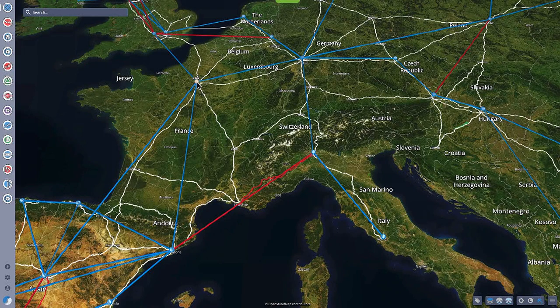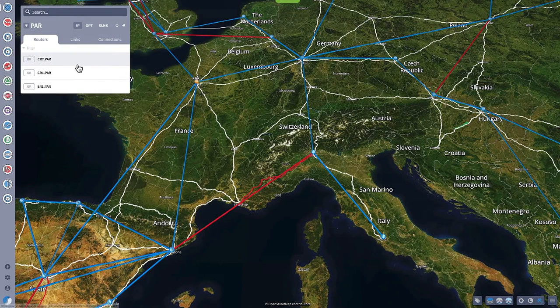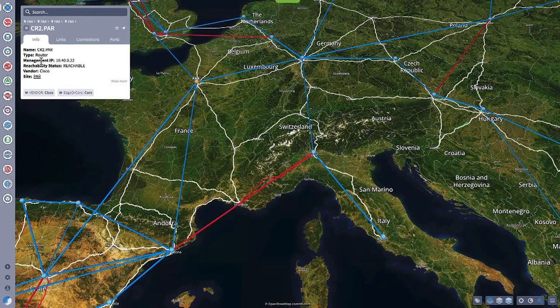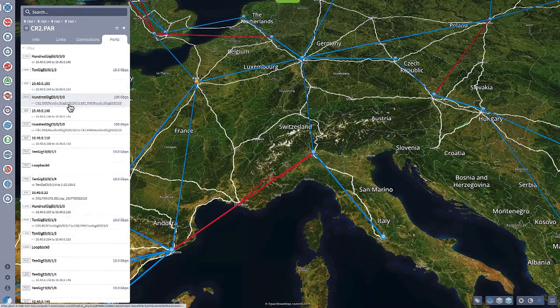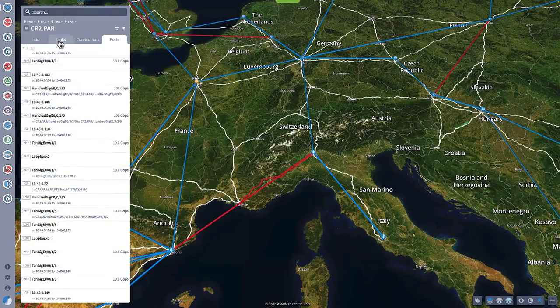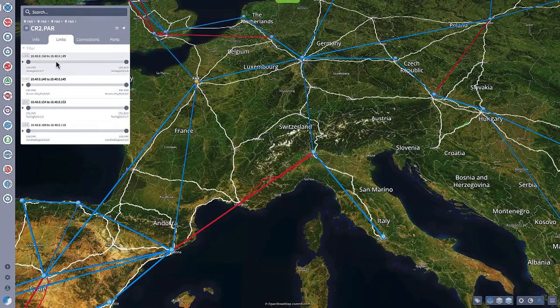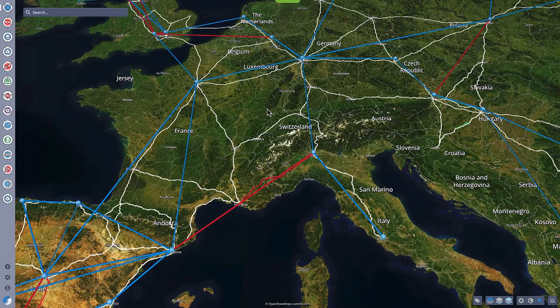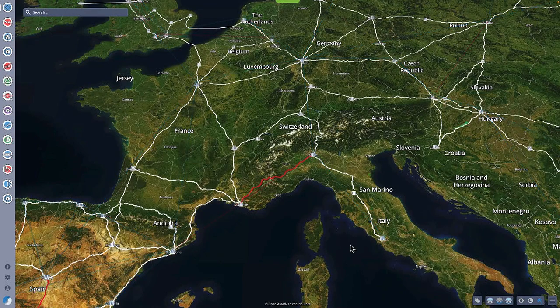So what we're looking at here is, for example, the Paris site. This is a layer 3 site. This is a site that contains routers, and you can see the 3 routers inside the Paris site. I click into one of them. We see that it's a Cisco router, and we can look at the ports on that router, scroll through different types of ports. We can look at the links that originate at that router and see what the other side is. It's just a basic way to explore the topology of the network. That little pane on the left is called the sidebar,